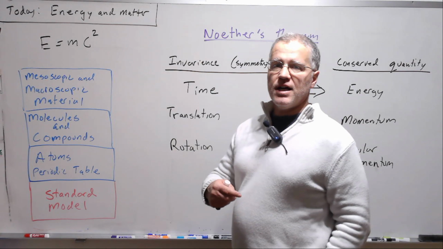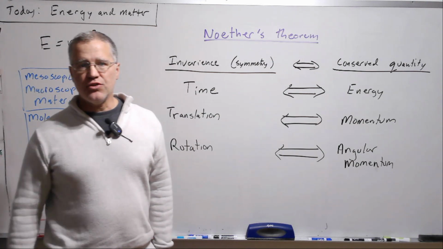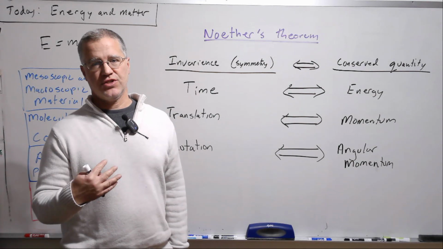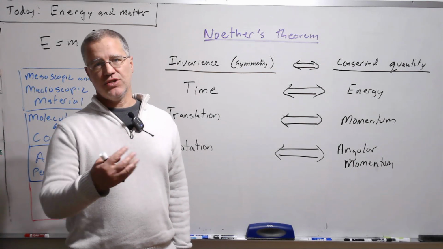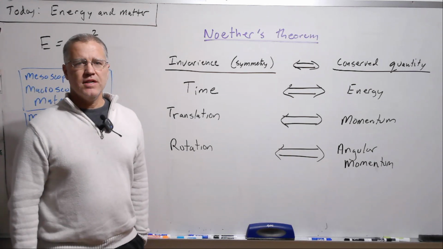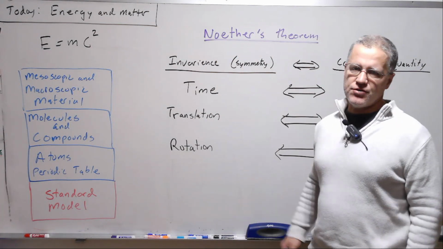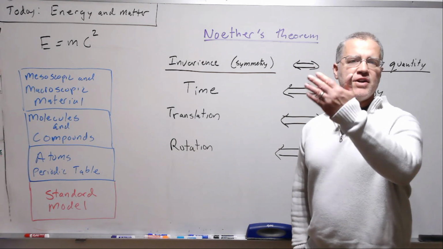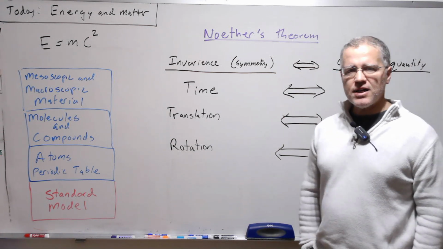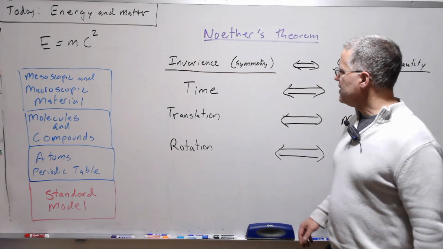Any continuous symmetry, or what's called an invariance, is associated with a conserved quantity. And the converse is true, vice versa. Any conserved quantity must be associated with an invariance or continuous symmetry. Now, we won't get into the technical details of what those continuous symmetries are. That's a very advanced area of mathematics called Lie groups and Lie algebra. But we can talk about it in sort of a hand-wavy sense.